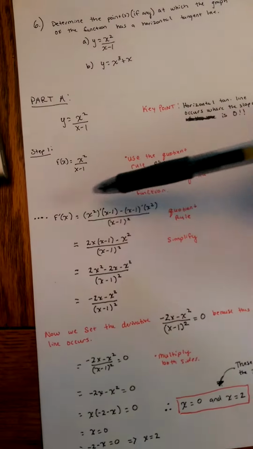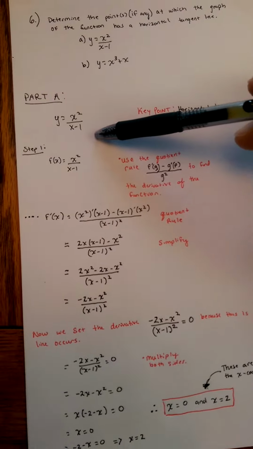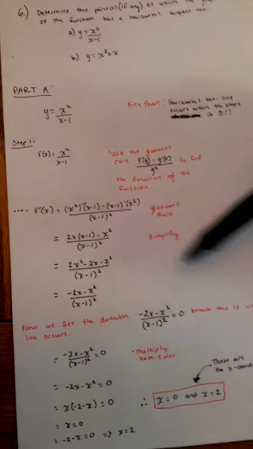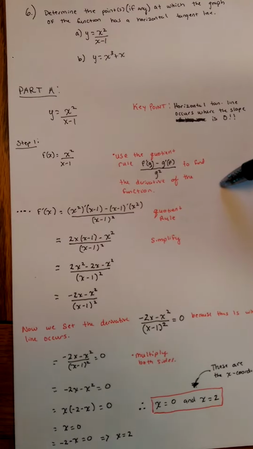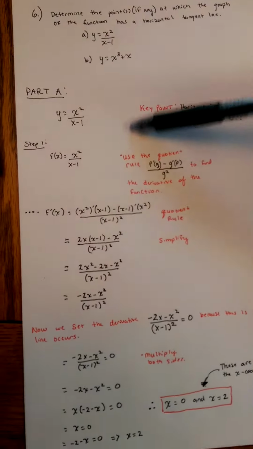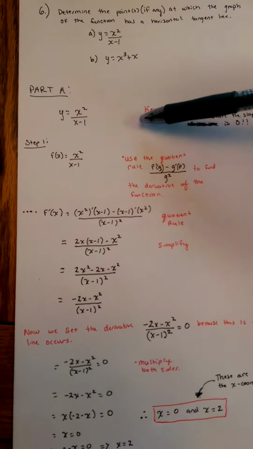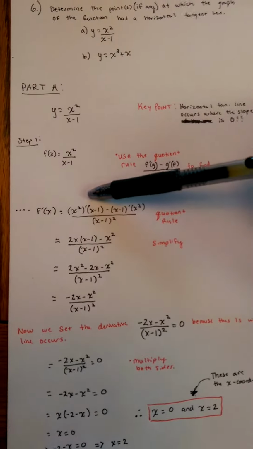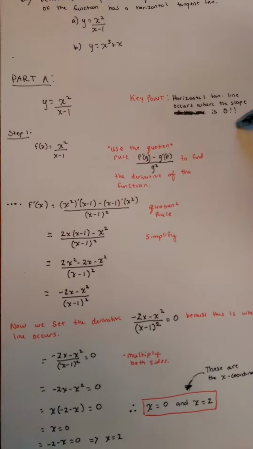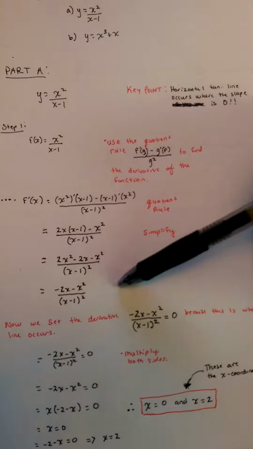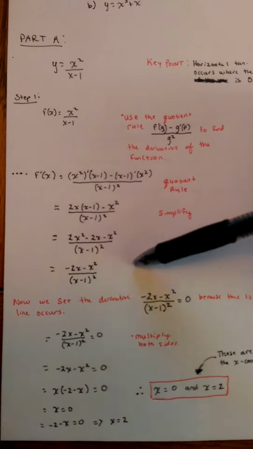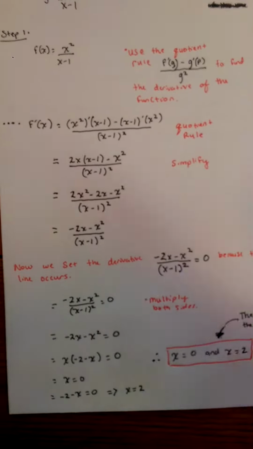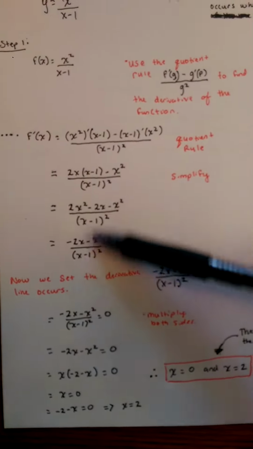So you have the function y equals x squared divided by x minus 1. So step 1, we want to use the quotient rule to find the derivative of that function. And we do that so we can find our point. So here's the quotient rule that we use here. And we just solve, simplify. And so after we use the quotient rule and simplify, we have our derivative, which is right here,